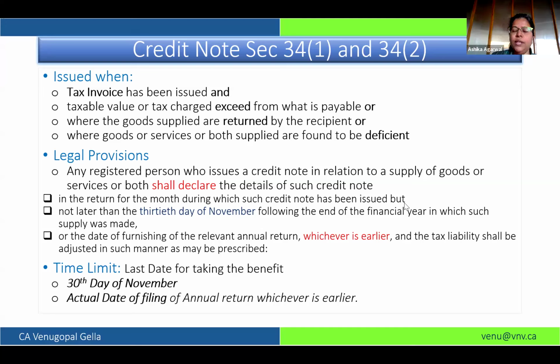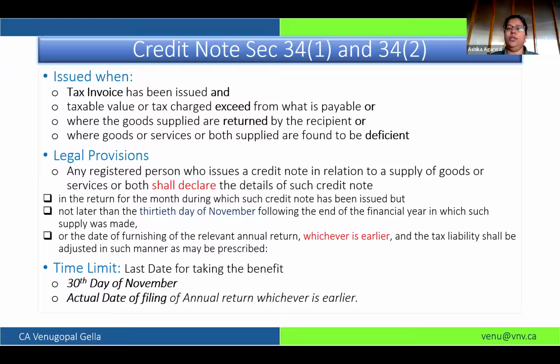Now here one more thing. As we were discussing the dates, a credit note also comes with a time limit. So you have to make sure that if a credit note relates to financial year 24-25, you have issued that credit note on or before 31st October, and you should have disclosed that detail in your GSTR-1 of October month.